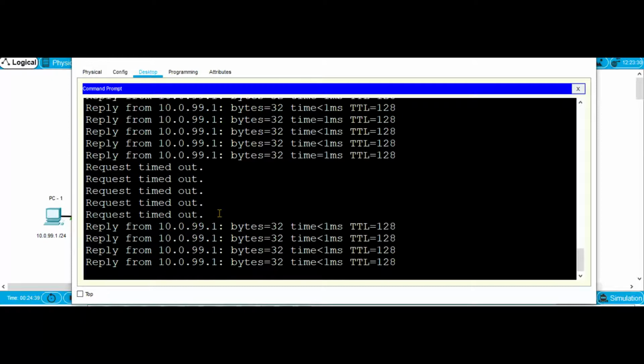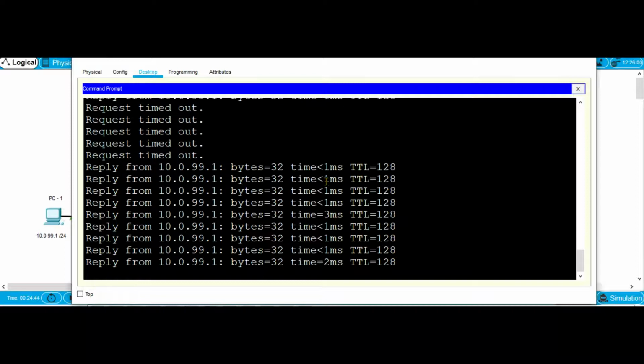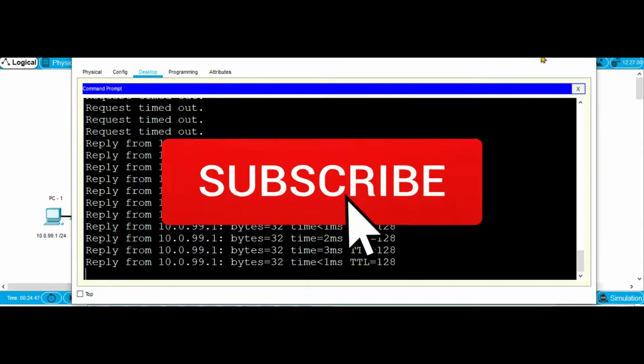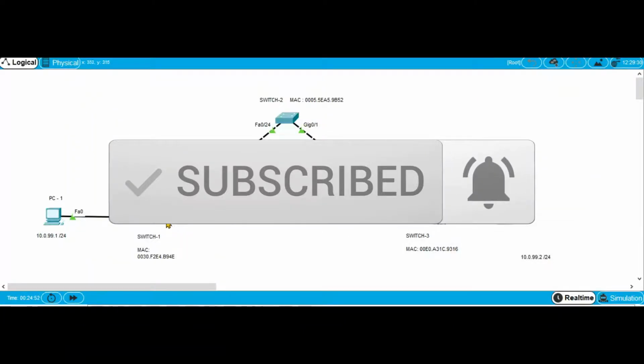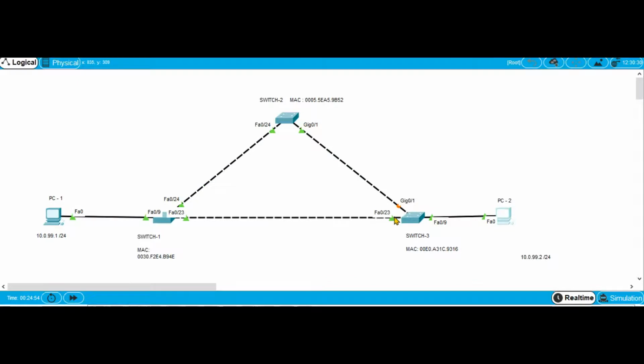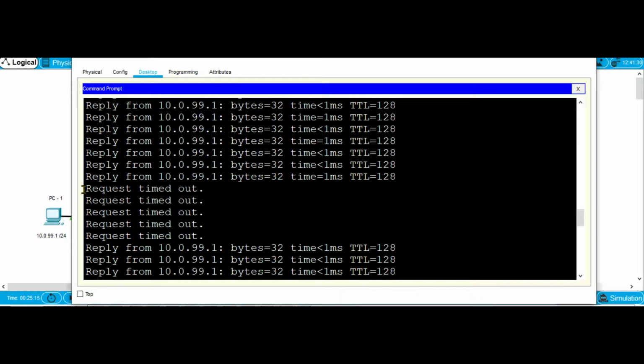Here you can see the link is back up. That is the use of redundancy, but about 5 packets have been lost, and that can be a time of from 10 to 60 seconds. Now switch number 1 is the root bridge, so traffic is going from PC2 to PC1 via switch 3 and straight to switch number 1. As you can see, FA0/23 is no longer in blocking mode, but now it's in forwarding mode. This downtime, because STP is recalculating the best path,